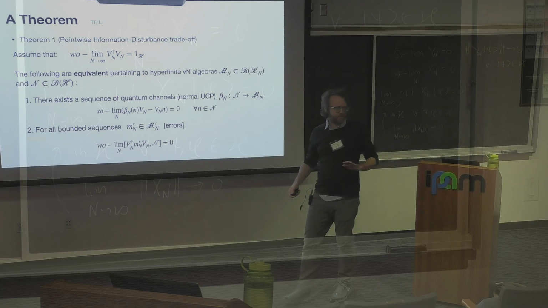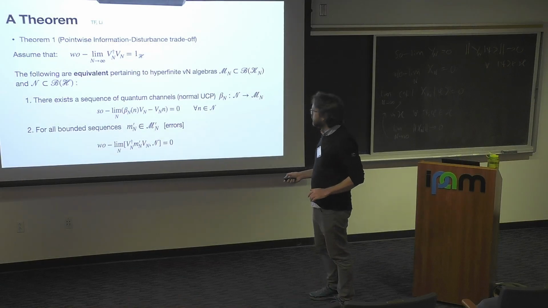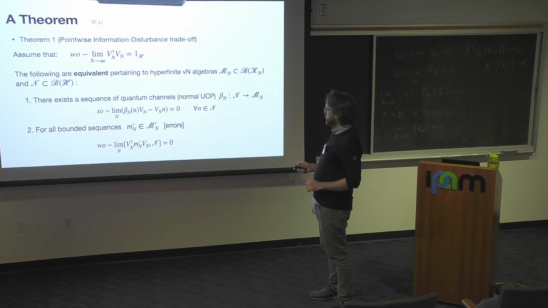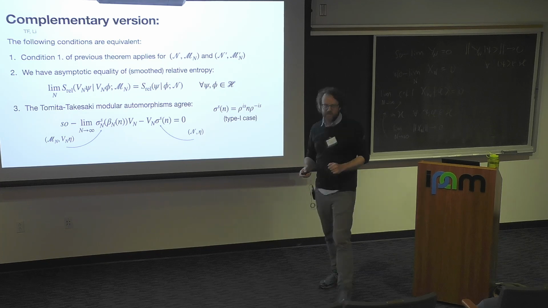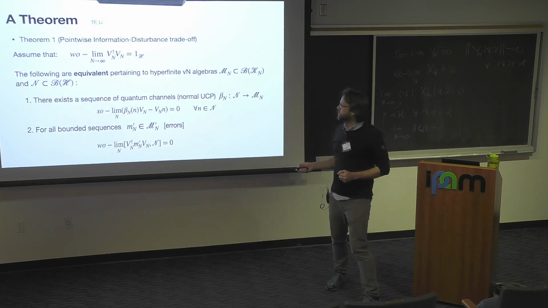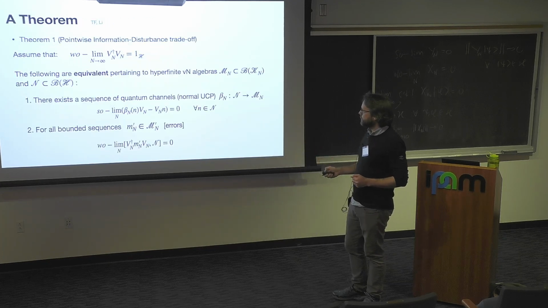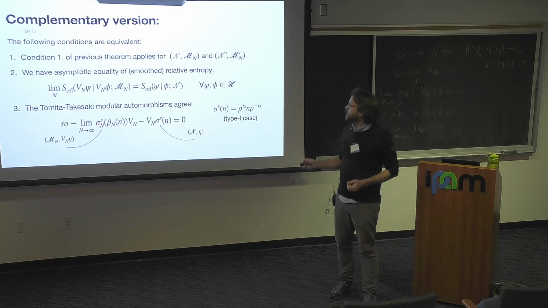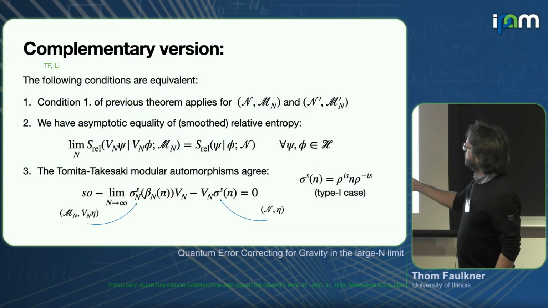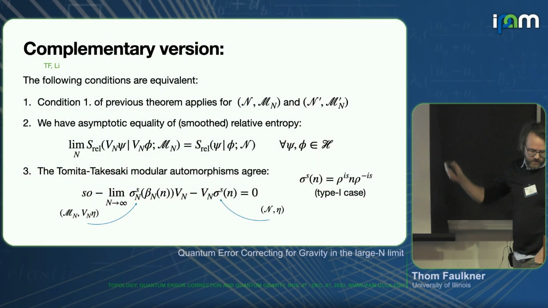And so I think there's sort of physics going on here. So I think that's the next slide. No, sorry, I forgot. Yeah, so let me tell you another theorem that we proved. So we proved this theorem. And then we also proved a complementary version. So if we have reconstructions for this pair and for the commutant pair,